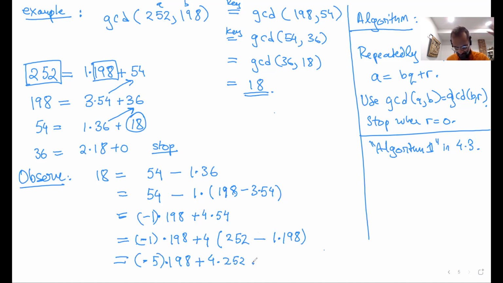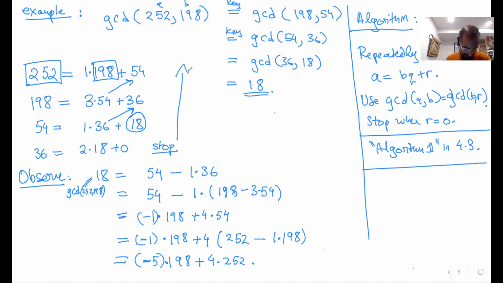Okay, so why did I do all this arithmetic? The key point is I expressed the GCD. This is the GCD of the two numbers, 252 and 198. Sorry, I should write it more clearly just to make sure what's equal to what. I express that as some integer times 198 plus some integer times 252. So the key observation here is,